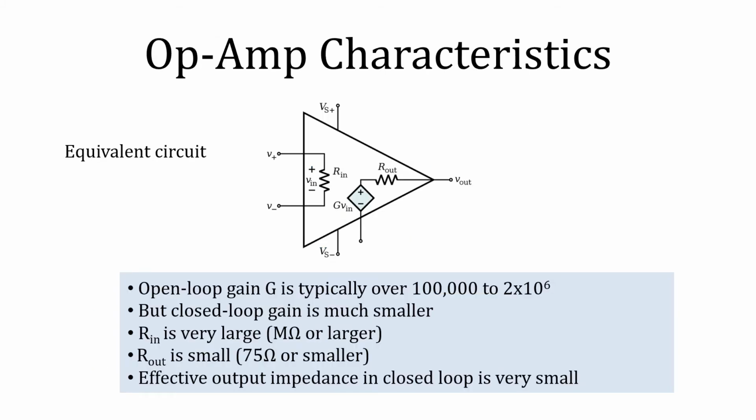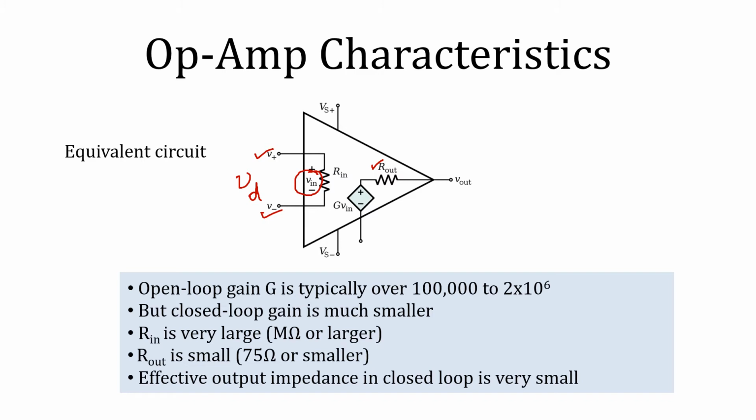Now let's start with the equivalent circuit of the operational amplifier, and we will discuss its characteristics also. So this is the equivalent circuit. A complete analog circuit has been converted into one voltage representation and one Thevenin resistance, which is known as R out, resistor out. Then we have two input pins, negative pin, positive pin. So whatever the voltage between these two pins, that is known as V in, or sometimes this is also known as VD. So what is VD? Difference voltage between pin number 3 and pin number 2, that is positive and negative pins.